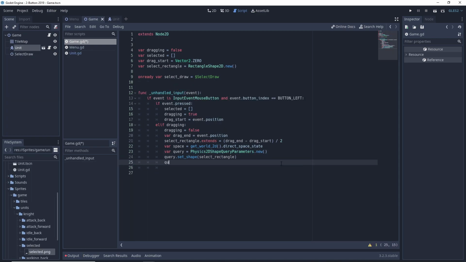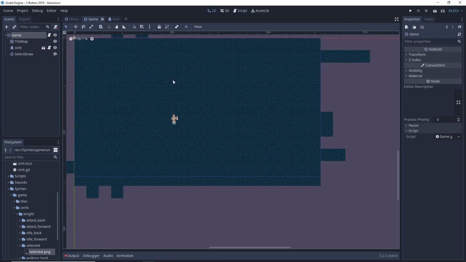The transform, which is just our position, was transform 2D. Set the position to drag end plus drag start divided by 2. So drag end plus drag start. Why are we doing that? So let's say our